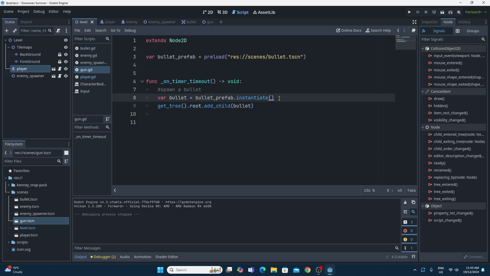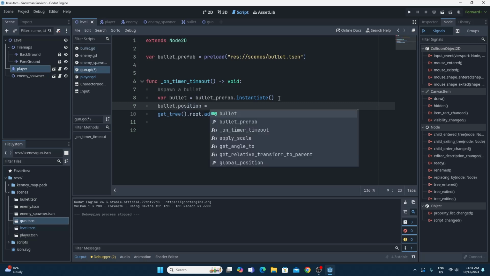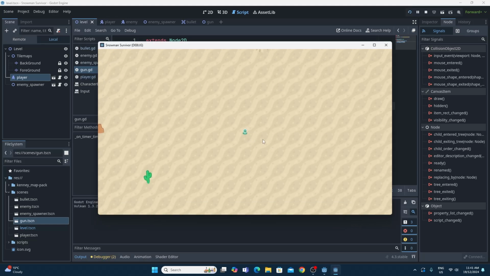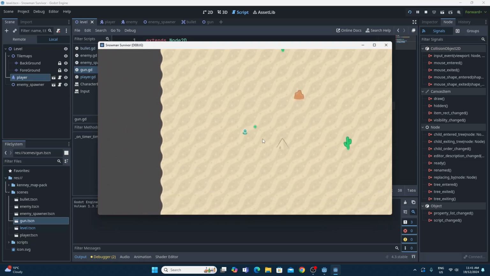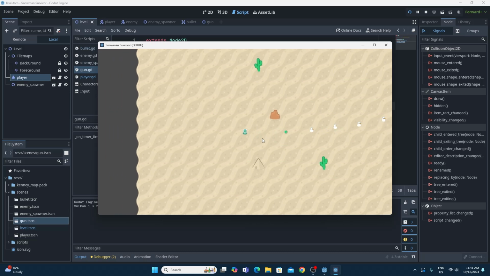So back in this script, we just want to set our brand new bullet. We'll set its position to be equal to the global position of this node. So it's the gun which is on the player, and that moves around with the player. So that should sort it. If we save this and hit play, what you should see is that the bullet fires off to the right, and because we've set its position to the global position of the player, it spawns itself in directly in line